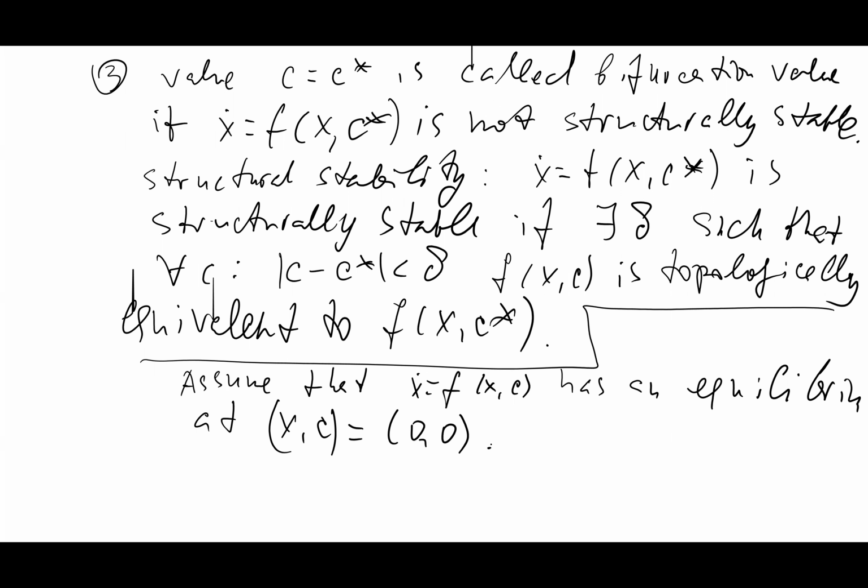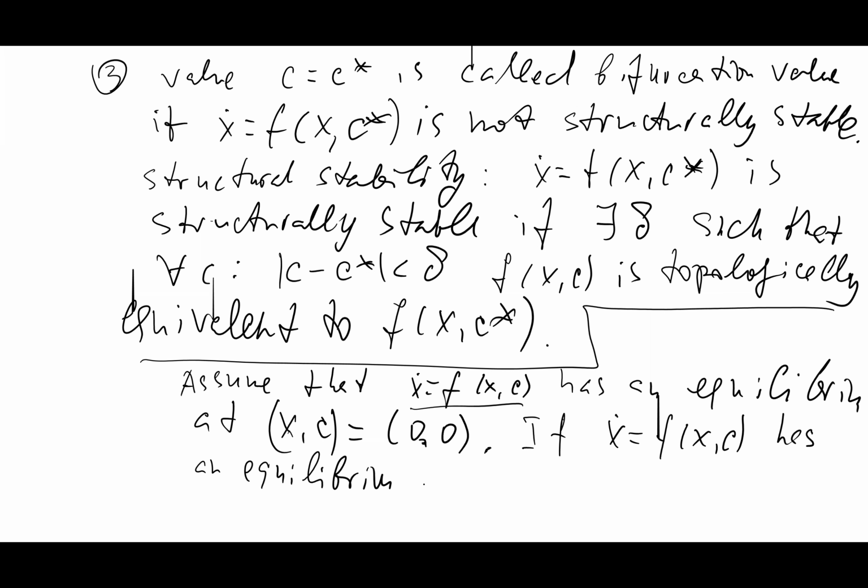So it is always easy to transfer this system: if x dot equal to f of x, c has an equilibrium at x, c equal to, for example, x star, c star,